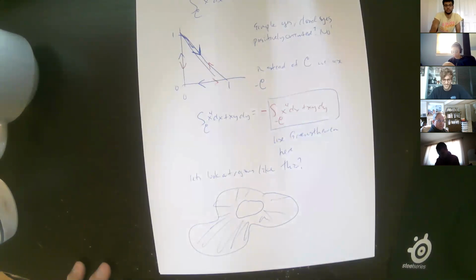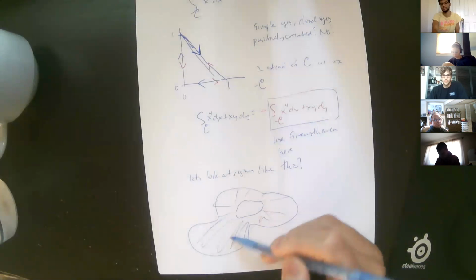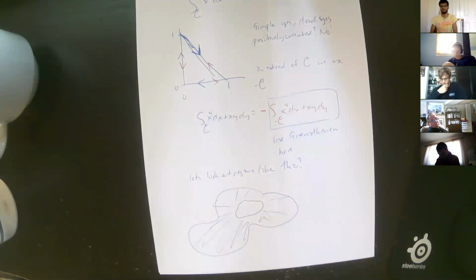Question, Nazer? I was just going to say, couldn't we just subtract the hole from there? Well, we can subtract the hole if our question is surface area, right? But our question may not be surface area. If we want to compute the surface area here, yes, we use Green's theorem on the outside, and then on the inside, and then subtract them. That's great. That's if we care about surface area. But we may not always want surface area. So how does Green's theorem work in this situation? Well,